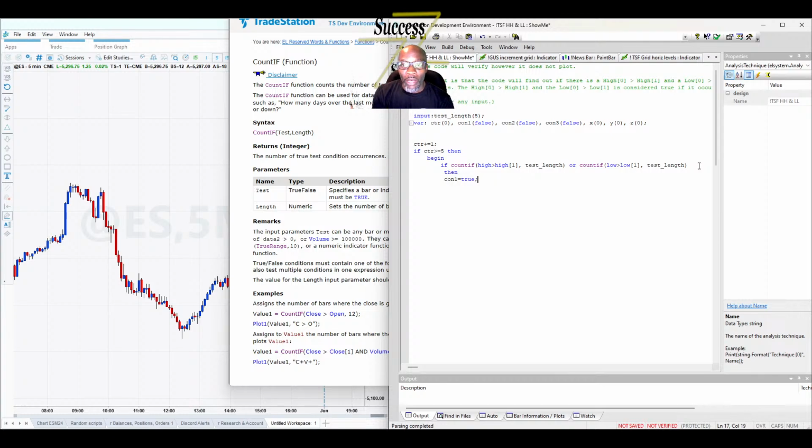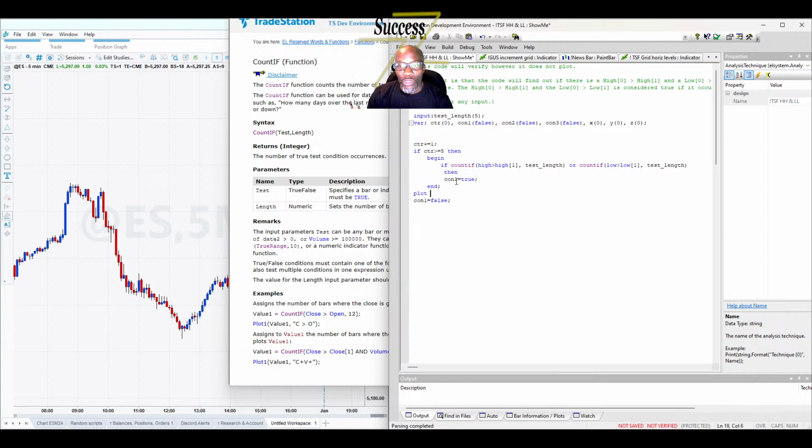Okay, and what I typically would do here is, instead of putting else con1 equals false, because you won't always come into this if statement, because the counter is not always going to be equal to 5. So pretty much what I'll do is at the end I'll say con1 is equal to false,